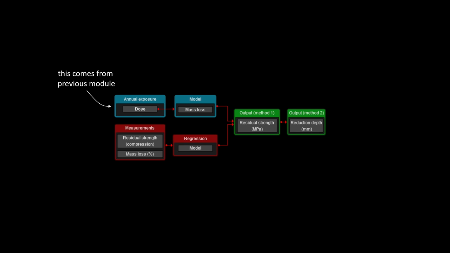What we really need is perhaps the mass loss, because, as Philip said, the dose is related to the decay rating, and the decay rating doesn't transfer easily to structural integrity or strength.